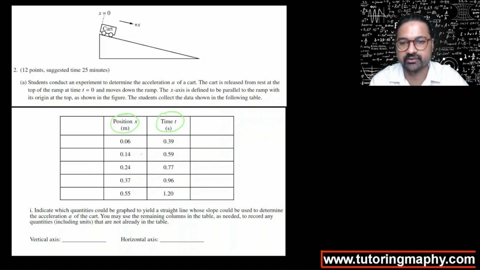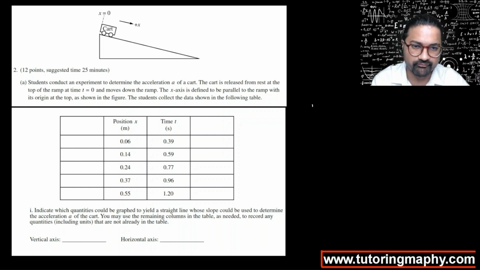So that's an experiment. What they ask as part 1 is to indicate which quantities could be graphed to yield a straight line whose slope could be used to determine the acceleration of the cart. You may use the remaining columns in the table as needed to record any quantities, including units, that are not already in the table. So this is a classic question on the equation of motion. If we remind ourselves,